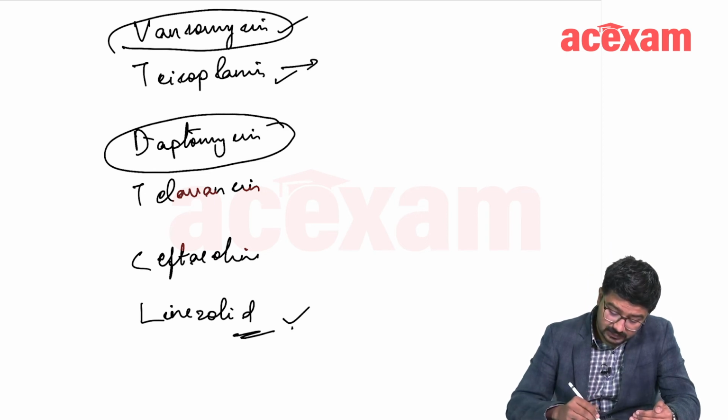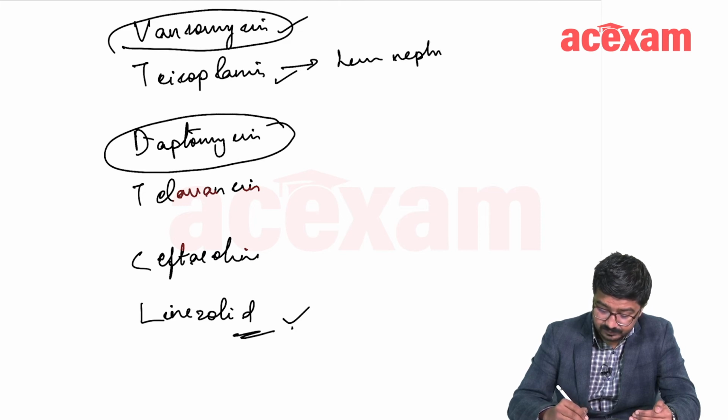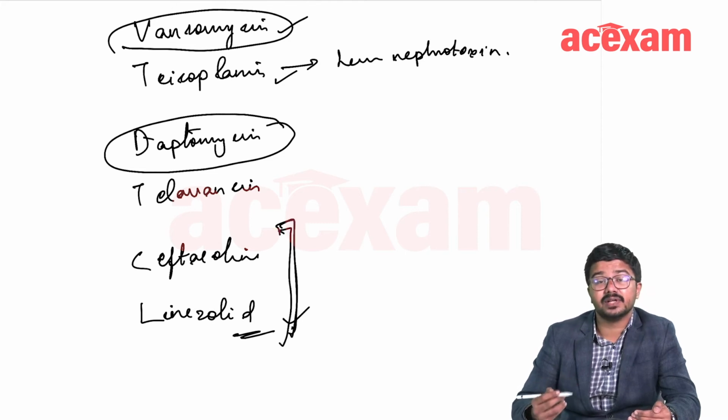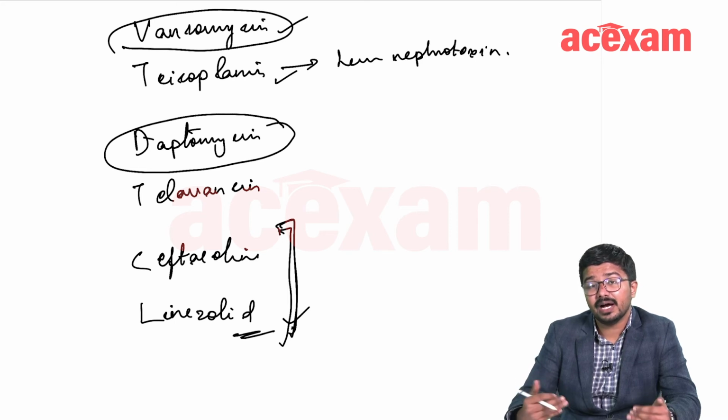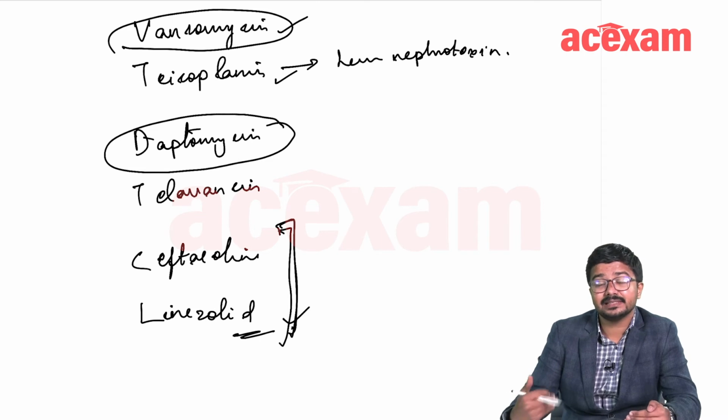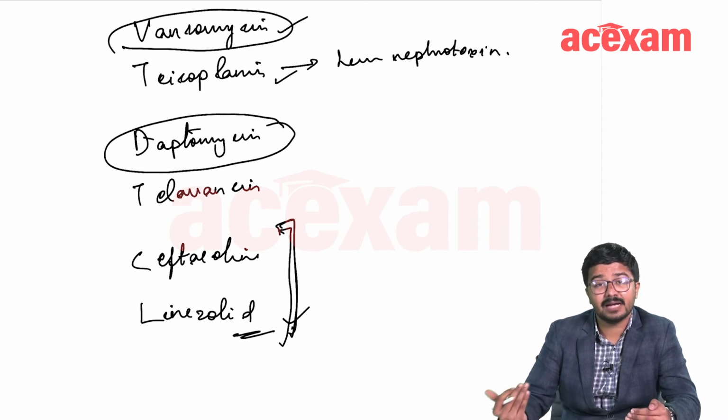Then what is the advantage of teicoplanin over vancomycin? Teicoplanin is going to be less nephrotoxic, whereas these other agents are required to be conserved and not used for MRSA routinely, because you have these agents as a last resort, as salvage therapy. Let us say that the MRSA is vancomycin resistant, then you will go for these agents as salvage therapies.